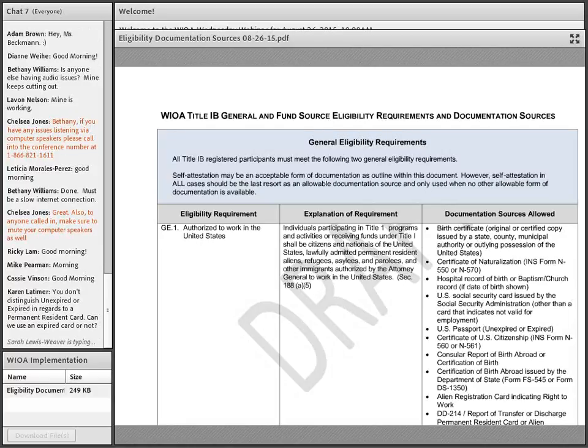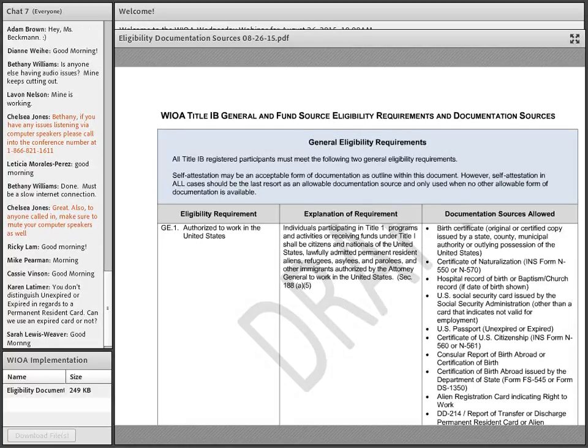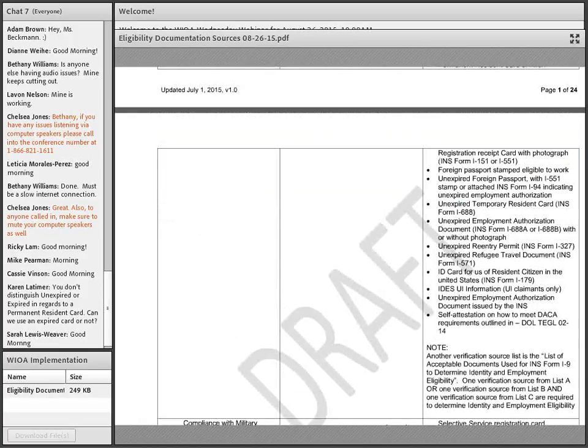What I want to do is jump to the bottom of this first set for a moment, because you'll see a note here that says, in addition to ensuring that someone is authorized to work in the United States, you have to ensure that they are who they are. So you have to ensure their identity, and you have to ensure that they're eligible to actually be employed, which is a little bit different than authorized to work. And what that means is when you see this list,